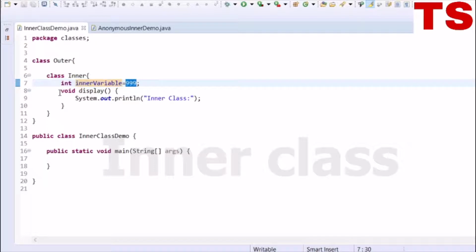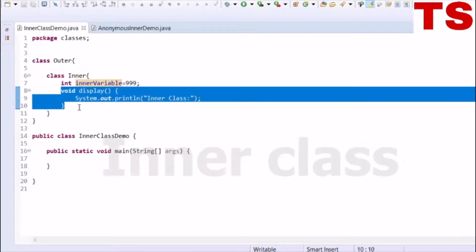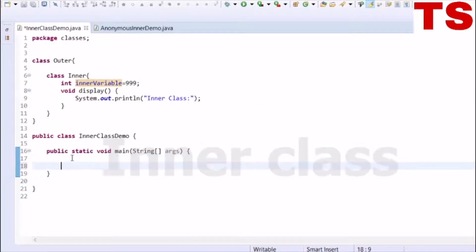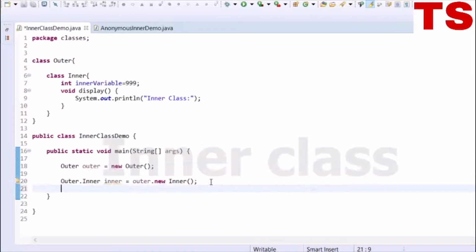We have a display method which displays a message, inner class. Here in the main method, let's try to access the display method of an inner class.